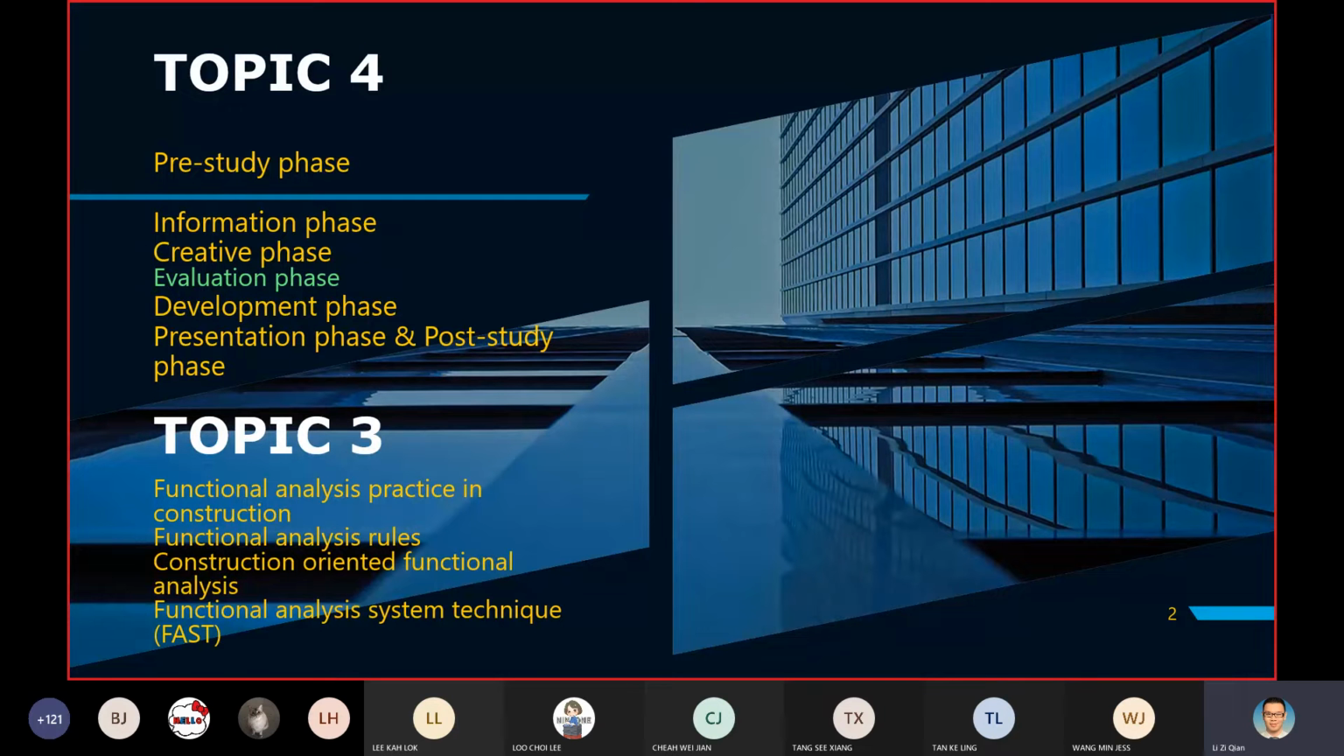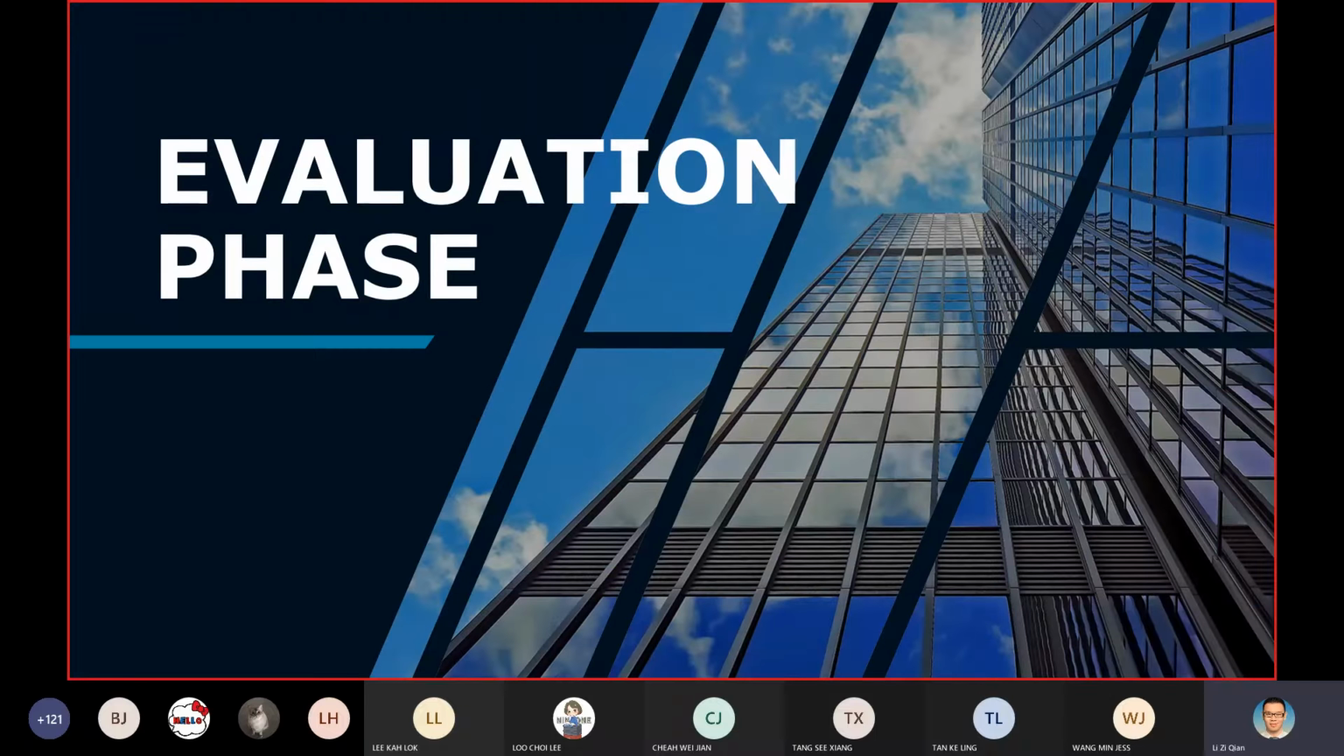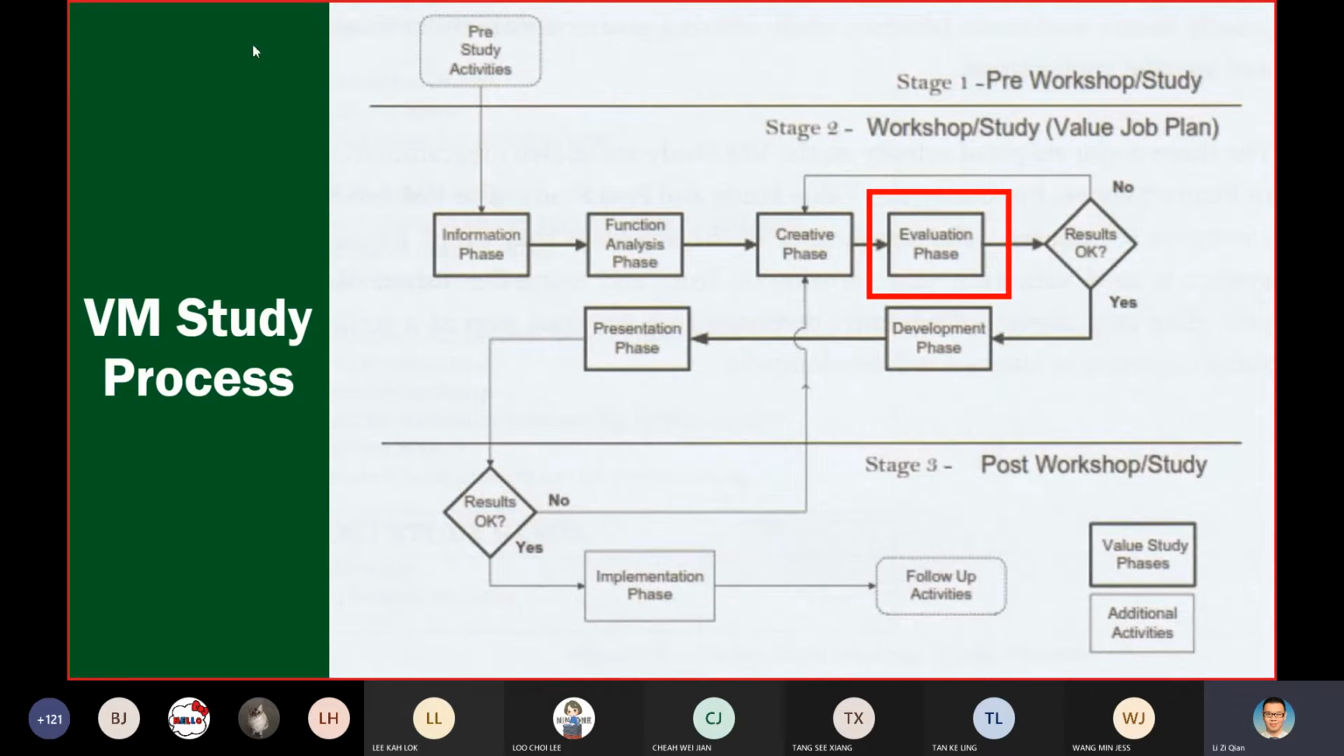Today we will be studying the evaluation phase, another phase in the VM process. Probably we have reached until here. Definitely we will complete the evaluation phase today, and then if possible, we will try to move into the development phase as well. But most likely we cannot finish the development phase today. Anyhow, we will try to at least study some of the content, because supposedly next week